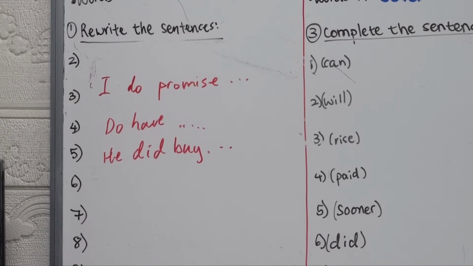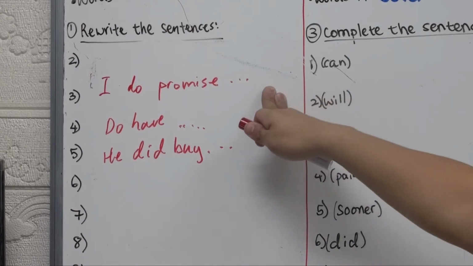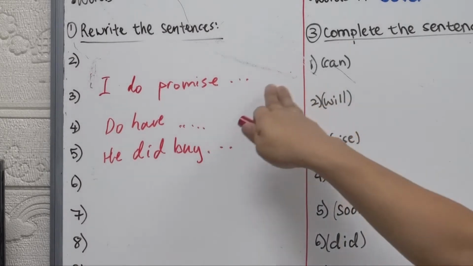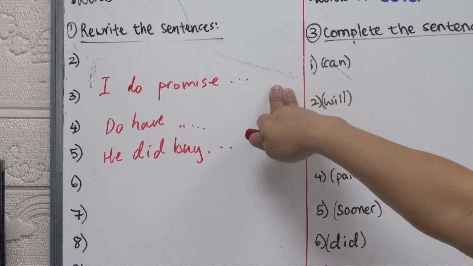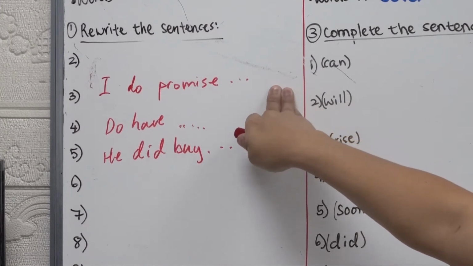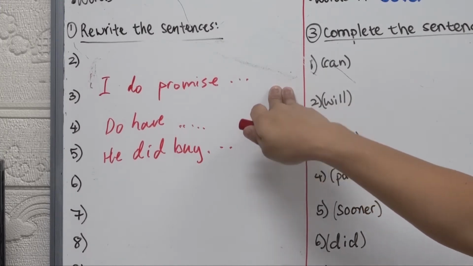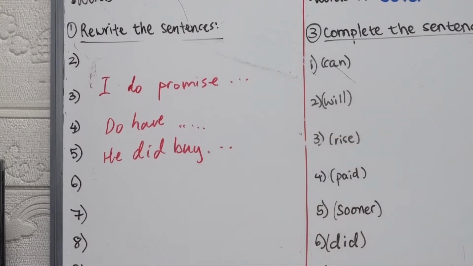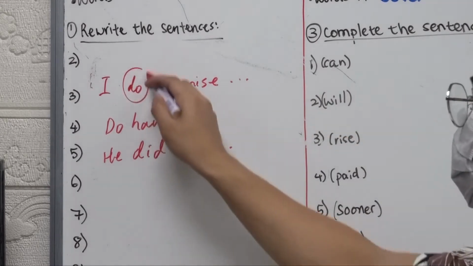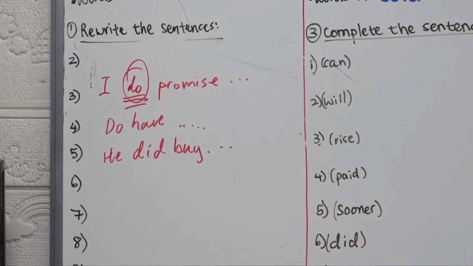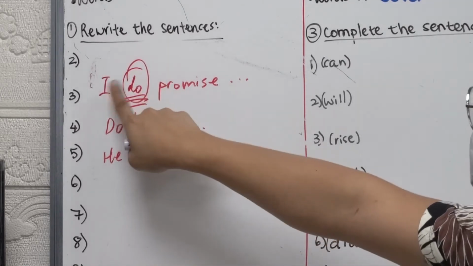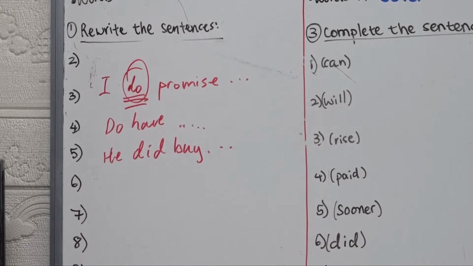So we have different types of them in this subtopic or subheading. So I do promise to keep your secret. Again, this is sort of confirming to the receiver. Maybe the receiver of this sentence told you something, and they asked you, "I hope you keep your promise of not telling anybody about my secret." So the emphasis really here is do. If you omit do, and you only have "I promise to keep your secret,"